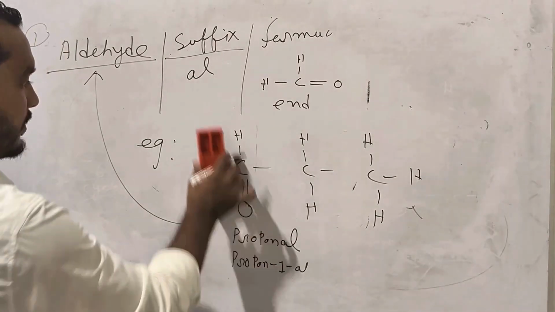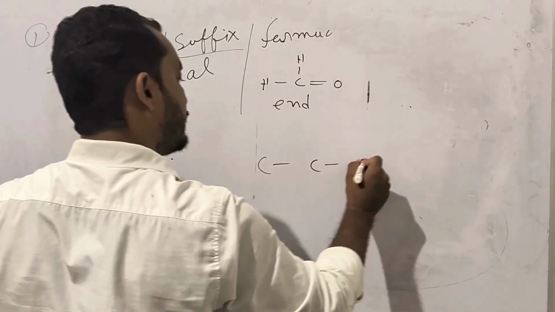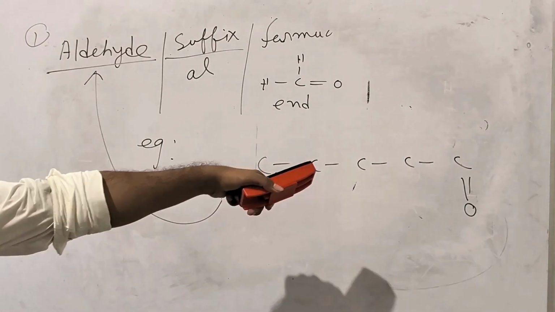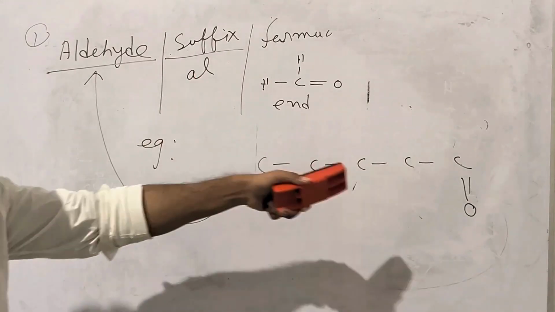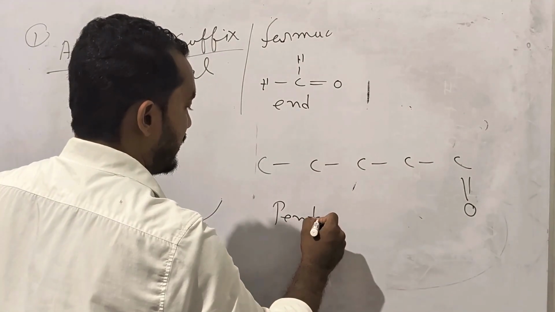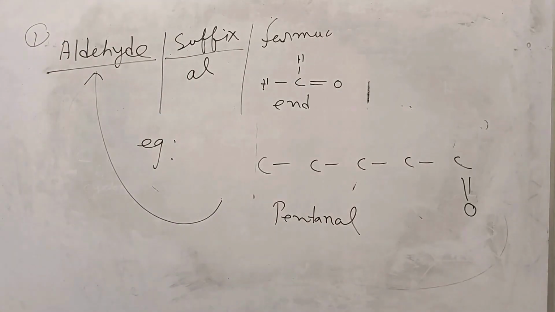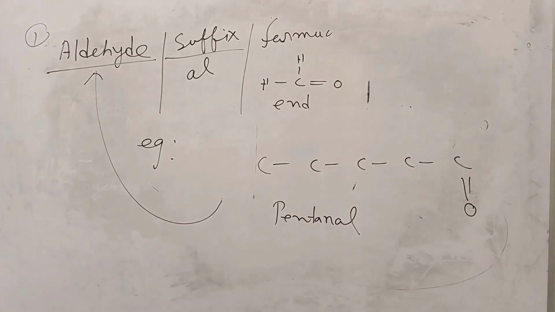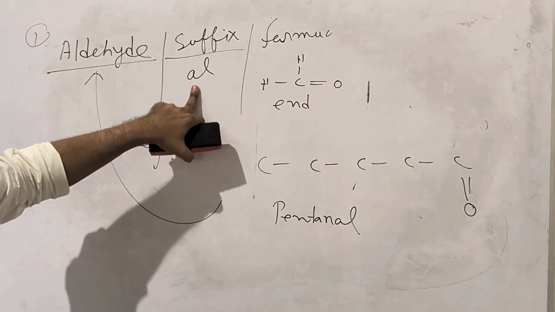Let me take more examples. Suppose here double bond O. What is the name of this compound? 5 carbon. For 5 carbon, we call it pentane, and since the suffix of aldehyde is al, so pentanal, P-E-N-T-A-N-A-L, pentanal. Like that you have to name the chemical compounds. And you should remember for aldehyde the suffix is al, and